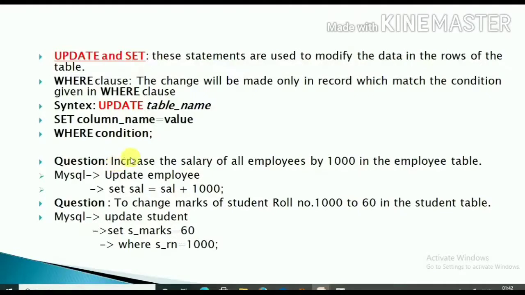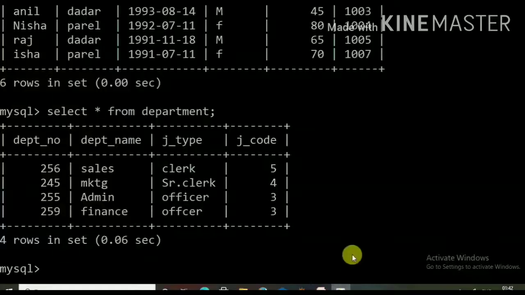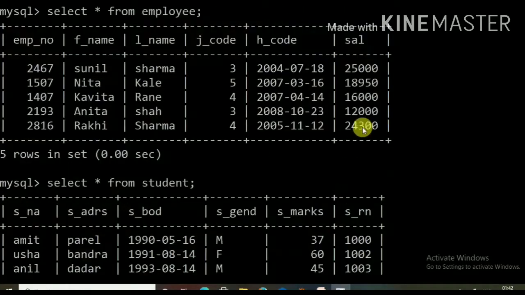The question is: increase the salary of all employees by 1000 in the employee table. So you have to increase the salary of all the employees in the table employee. This is the column sal. You have to increase the salary of all employees by 1000.